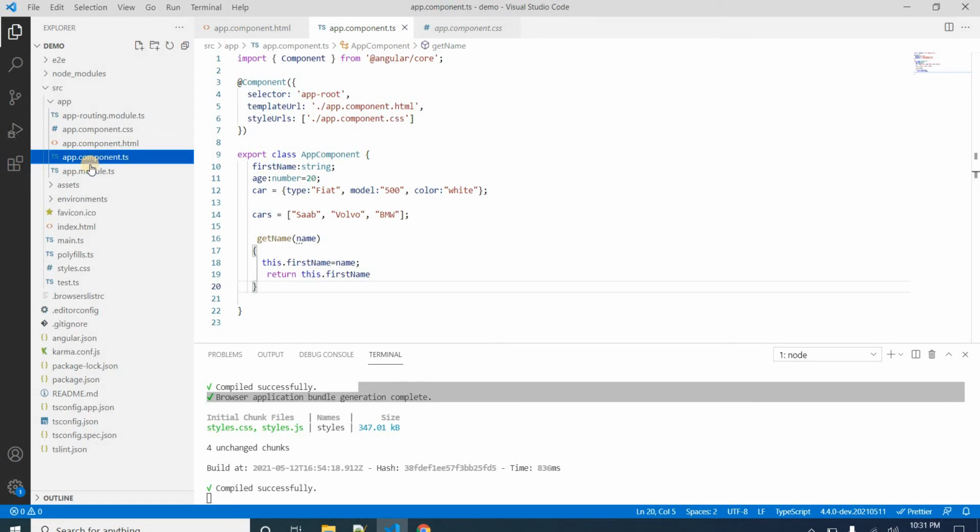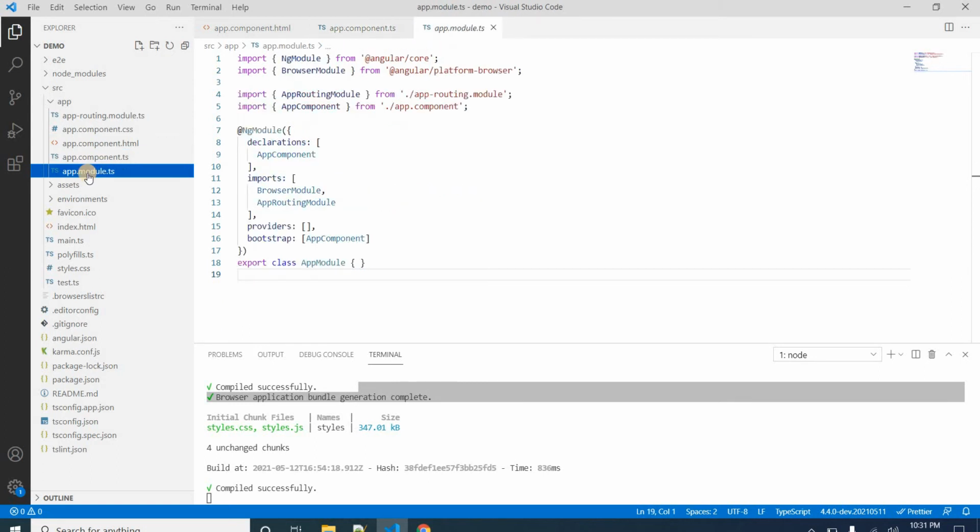And all these components are registered in the app.module.ts file. In this video I will not cover the module; we will cover the module in a separate video, but in this video we will cover the components. So whenever we are creating a new component, we must register it inside the declarations of the app module. If we do not declare it here, that component will not work. So it is necessary to register it here. What are declarations, imports, providers and bootstrap? I will explain all these things when I cover the modules.